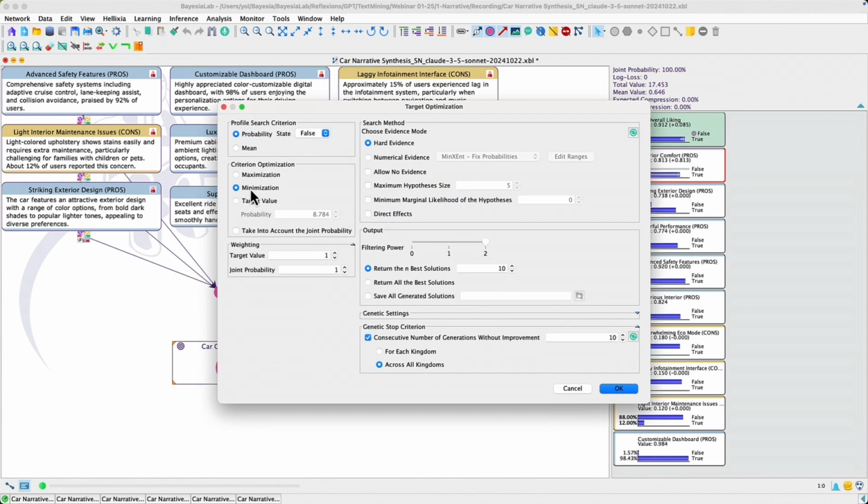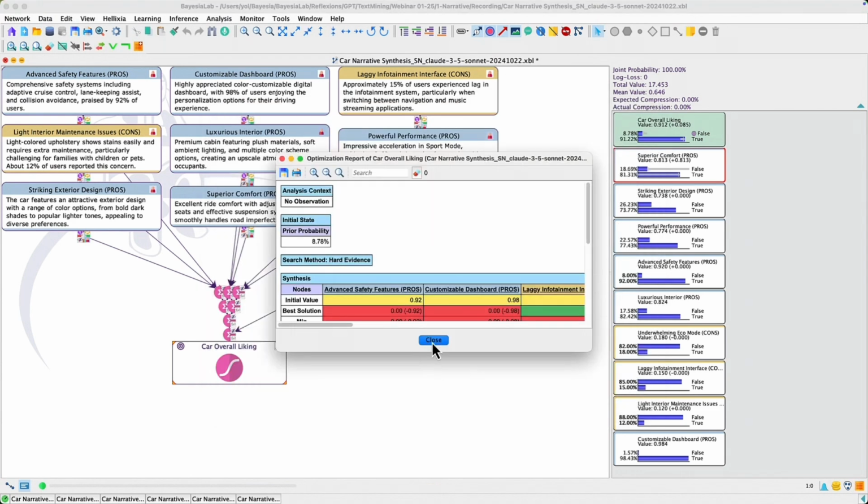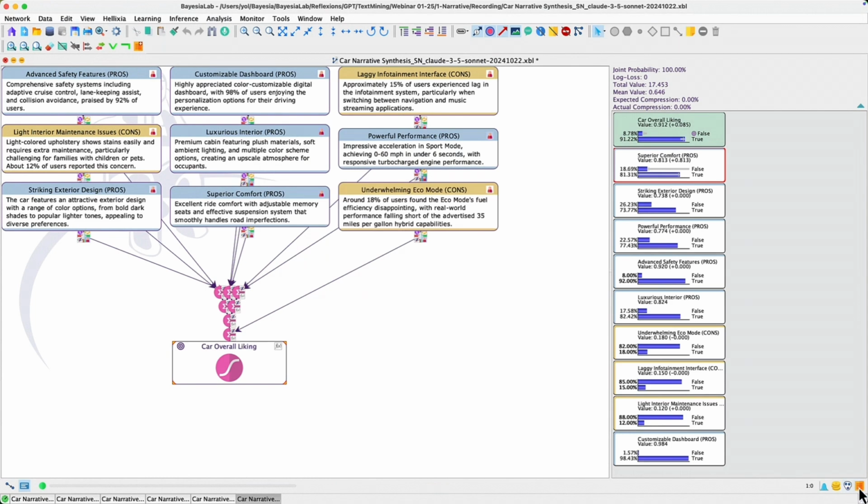I'm choosing the state false, choose maximization, and then we're going to find the combinations that create the worst liking. So obviously the pros will be false and the cons will be true. I just go to my scenarios at the lower right corner, choose the best solution, and here in the worst case scenario, the liking is false with 96%.